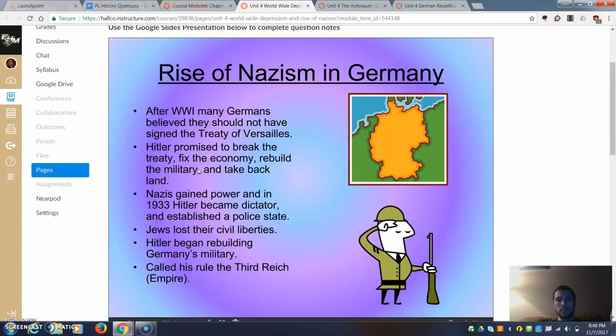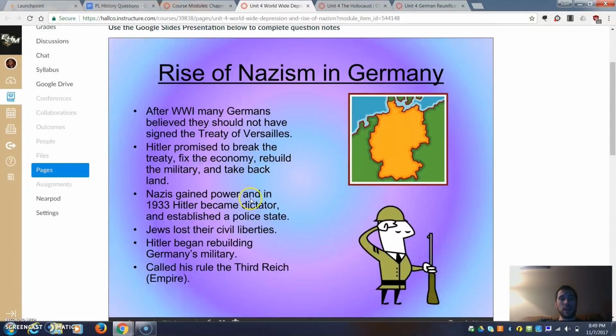He's using nationalism. He's blaming stuff on people that have nothing to do with anything. And he's convincing all these people in Germany that they're the best and that everyone is worse than them, and that they've been done wrong by the Treaty of Versailles, that the Depression is not their fault, and that he's going to take back the country. So what happens? People believe him, people put him in power. He really puts himself in power because he ultimately is going to kill off his competition and just become the leader.